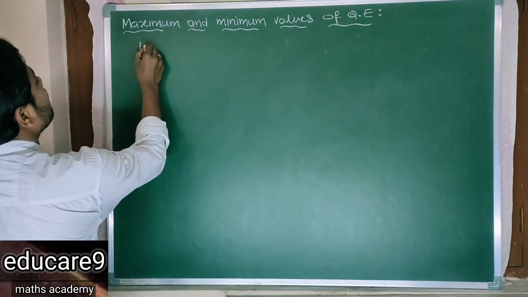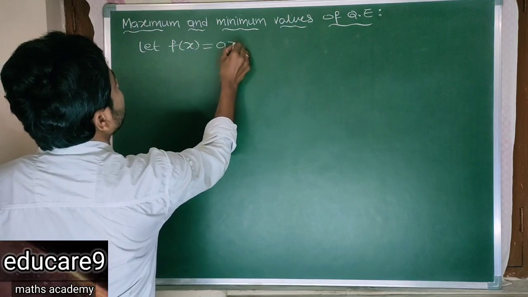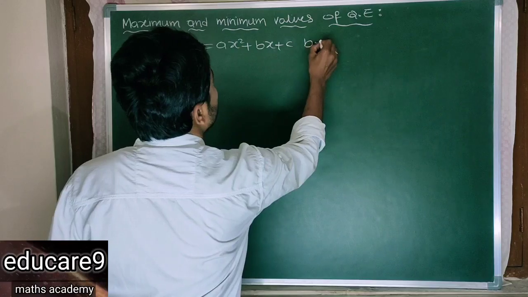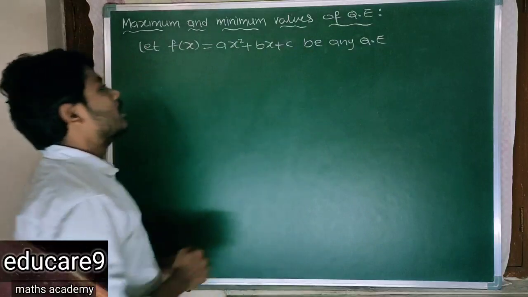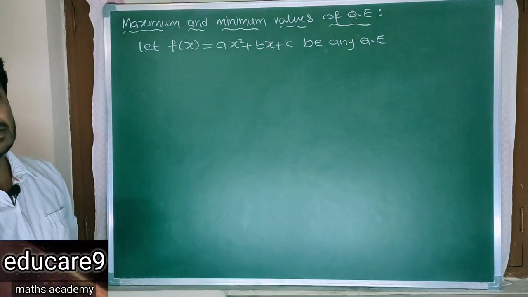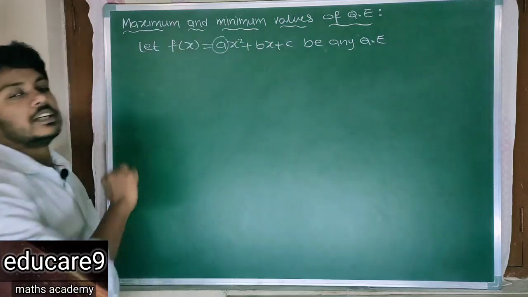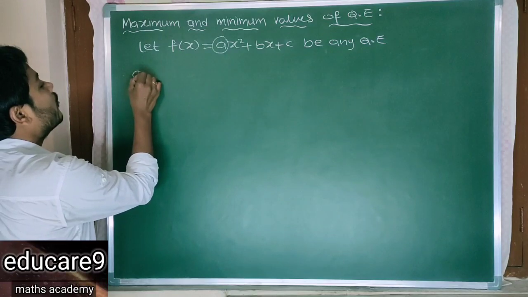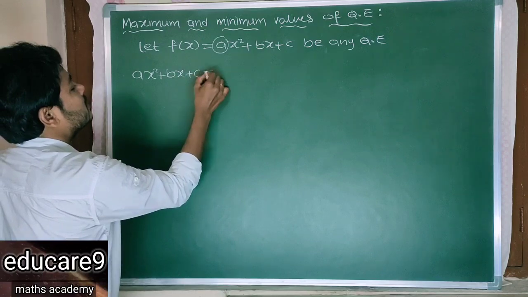So let f of x is equal to ax square plus bx plus c be any quadratic expression. Now here you want to find the maximum and minimum values of the quadratic expression. So here these values depend on the coefficient of x square, so that is a. Now for that, first the given quadratic expression, that is ax square plus bx plus c, write